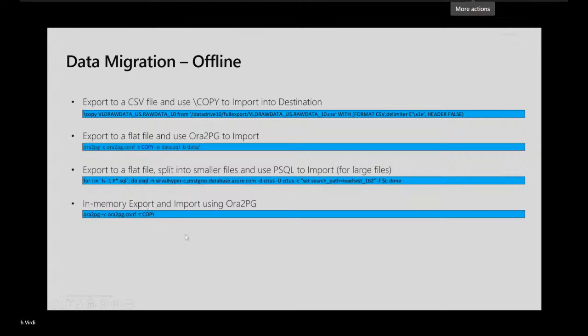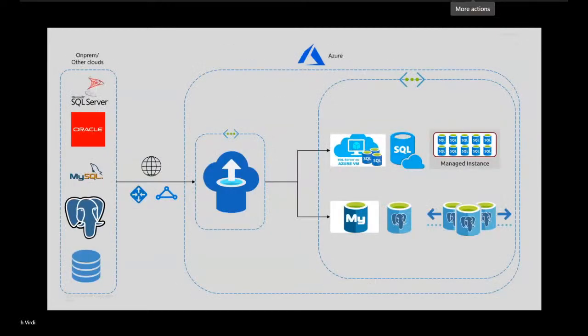So always try to make sure that you're using the right tool for the migration. This is where probably DMS can help you, right? So what is DMS? DMS is actually an Azure Database Migration Service where you can migrate off your on-prem or other cloud databases seamlessly to any of the targets, right? So it gives you the capability of migrating to heterogeneous environments also.